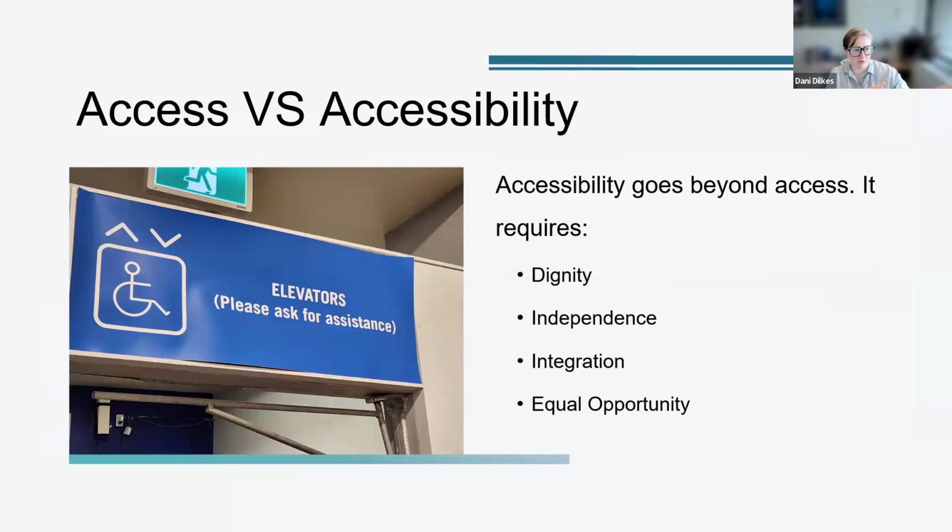Earlier in the slide, so I flipped back a number of slides to the access versus accessibility slide, there was a picture that we didn't describe, but it was a similar thing where in a campus bookstore at a university that I am affiliated with, the bookstore does not have accessible access to the upper floors. It's a 3-floor bookstore. And so it has a sign that says, elevators, please ask for assistance. And the only elevators that are available are actually the service elevators, in the back supply room. So another example of, well, it's accessible, they can get to the top floors, but we're not really embodying dignity and independence and all of these really important foundational things if we're thinking about accessibility as a sense of belonging.